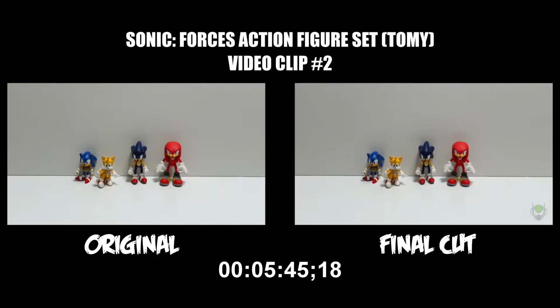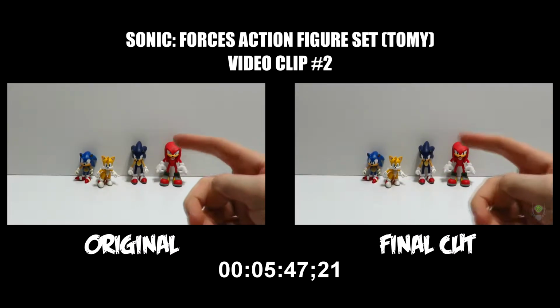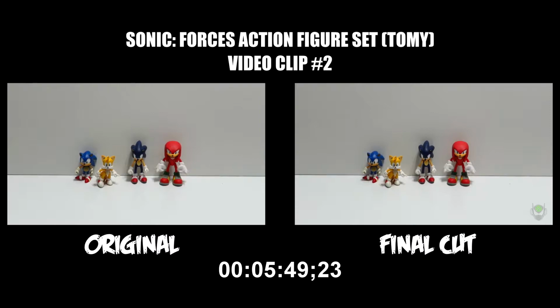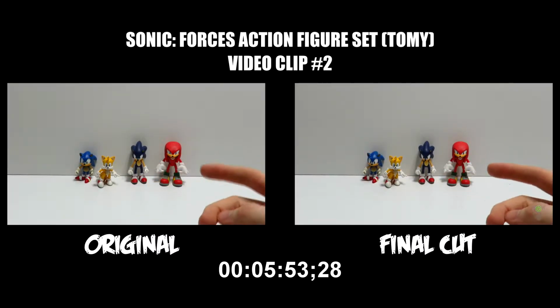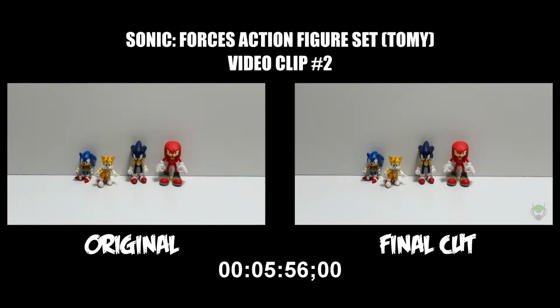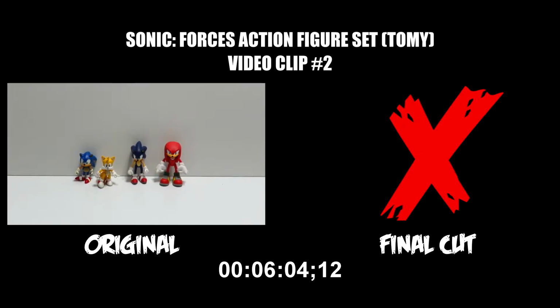So, yeah, we've already had a Modern Sonic, Modern Knuckles, and a Modern Tails figure, and a 2-pack of their very own, with Classic Sonic coming with Modern Sonic, Classic Knuckles coming with Modern Knuckles, and Classic Tails coming with Modern Tails. Quite the tongue twister, but yeah. The only real difference going on here is that I've reviewed metallic figures in the pack,